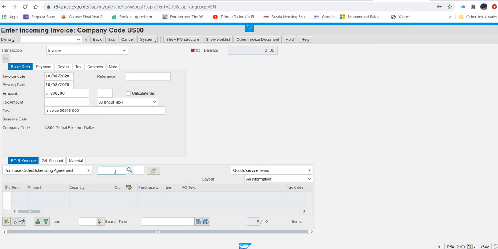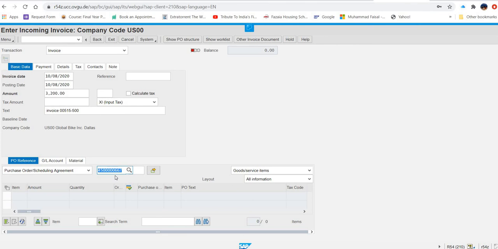And then here in the purchase order selection agreement, again we have to enter our purchase order number. That purchase order number again 45, so many zeros, and 667. So you can see this purchase order number is very important.